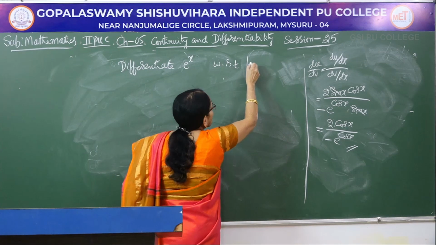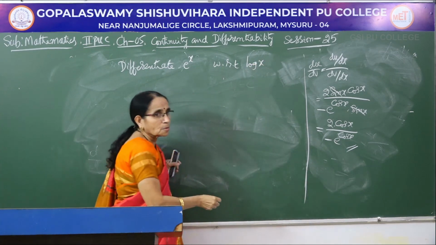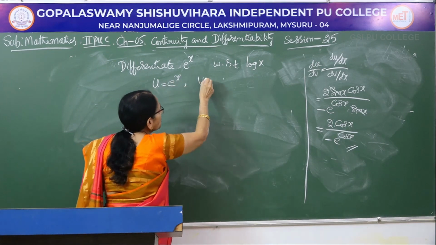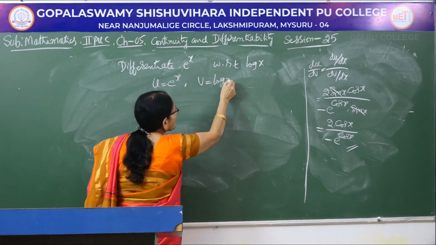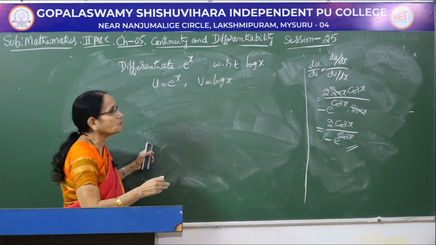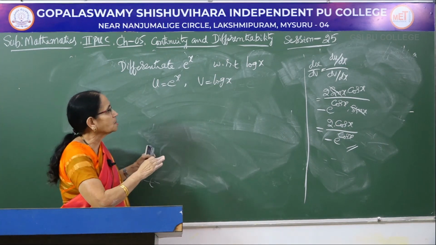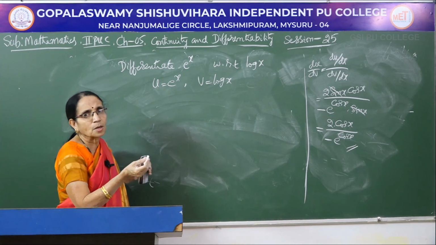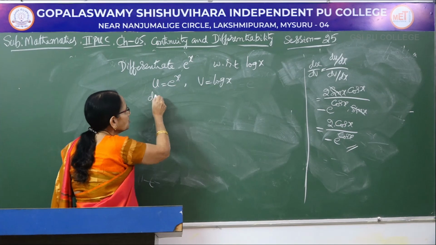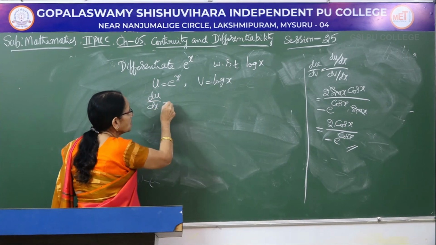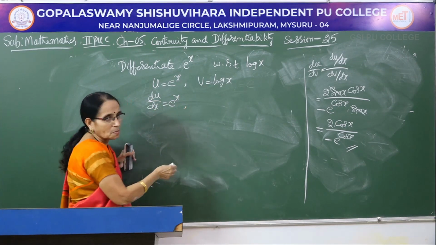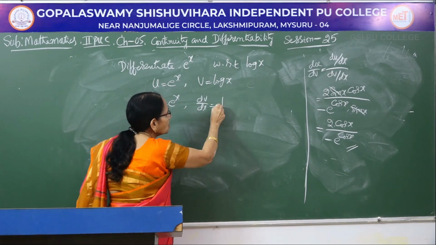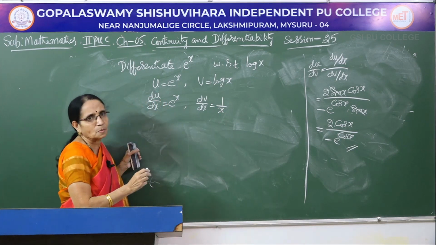I will take up one more problem and then conclude the session. Differentiate e power x with respect to log x. So, I am taking u to be e power x, v to be log x. Now, x is a parameter here. So, of course, in this case I have taken both of them to be simple functions. So directly you can use the basic formula. When you differentiate, du by dx is e to the power x, it remains the same, and dv by dx, for log x, whose derivative is 1 by x.